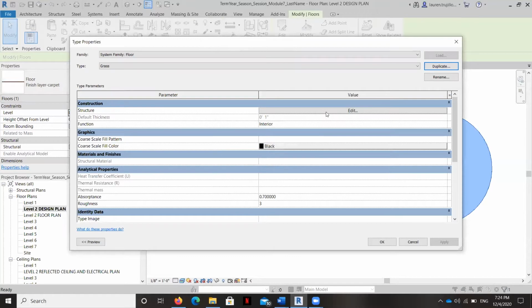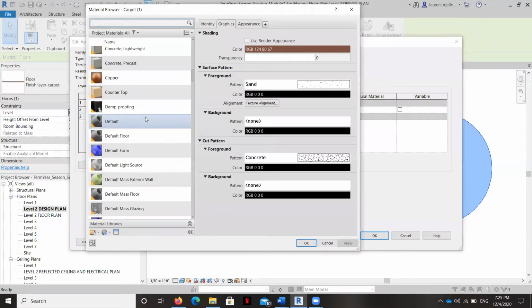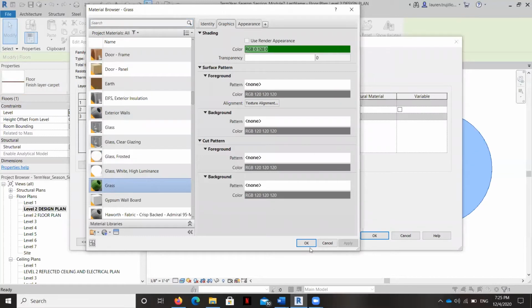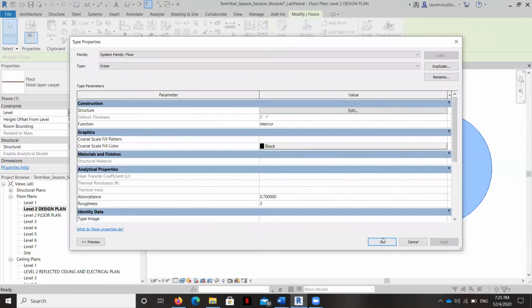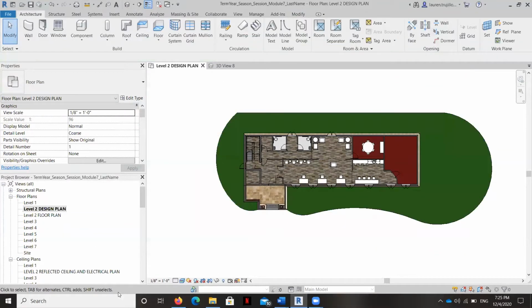See if it'll let me since I've already got a couple floors going on. Okay, so that should be green.